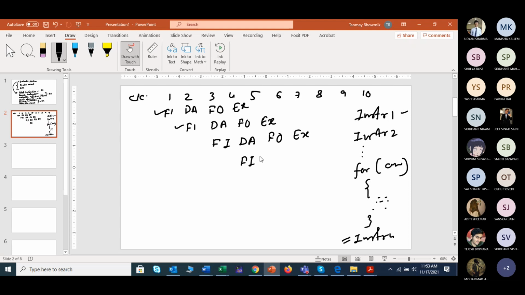But at the same time, after decoding of the previous instruction, it will find that a loop is going on. That means the data required for this instruction is already being used by the previous loop. So it has to be stopped for some time, unless and until the execution is completed. Once the execution of the previous instruction is completed, only then can it start its execution. So it was a type of hazard, right?